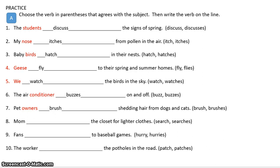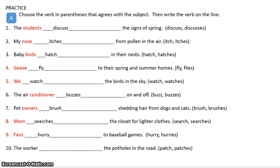Number 8 is easy. Mom is your subject. What does mom do? Mom searches. Number 9, pretty easy. Let's find the subject. Fans hurry to the baseball games. And the last one is